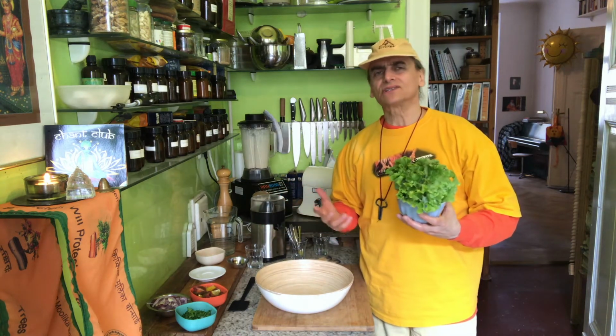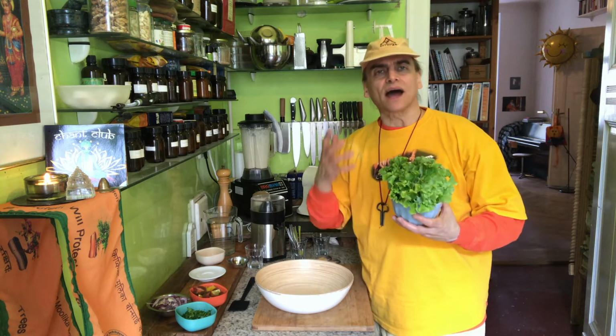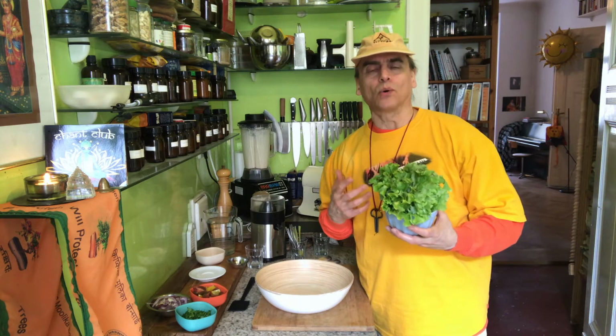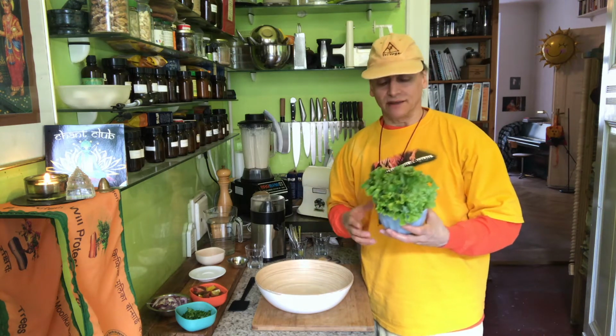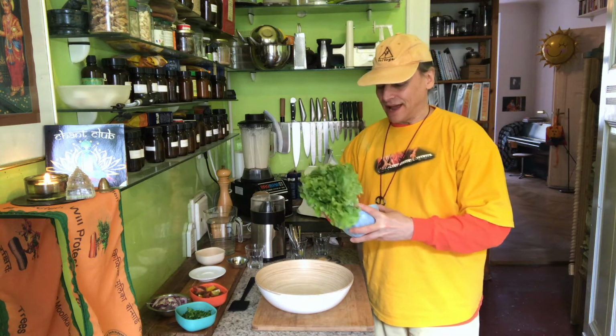And the salad is so important in my food. It's one of the most important things. Greens are the healthiest food, and I enjoy my salad or some vegetable dish every day if I can, most of the time. And here I have these leaves,